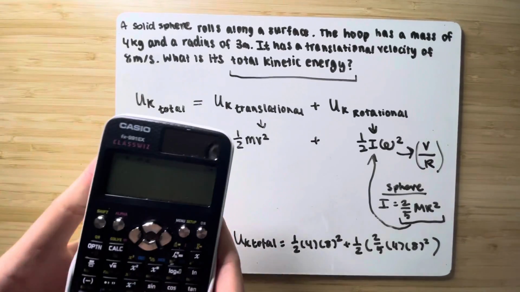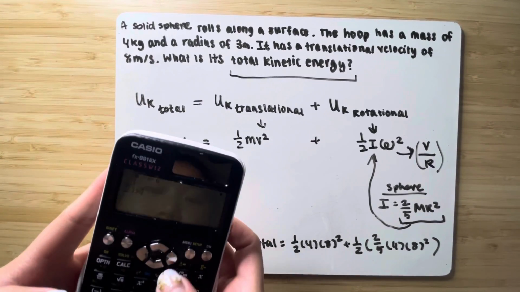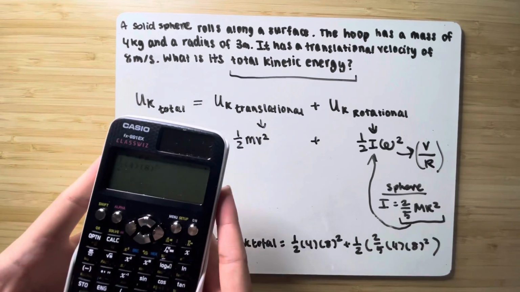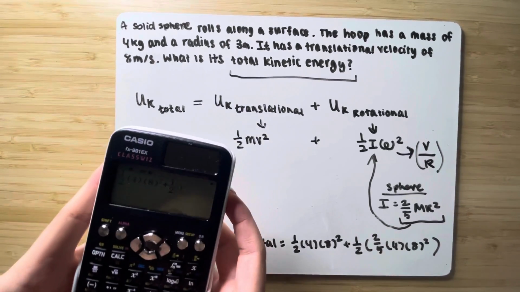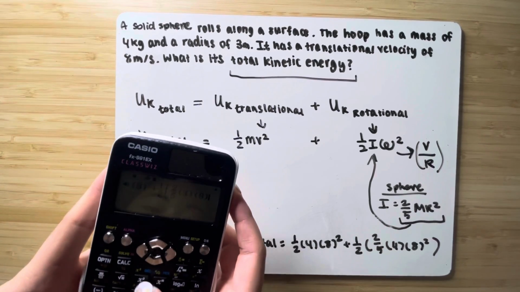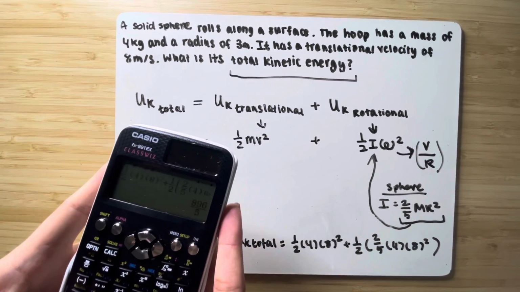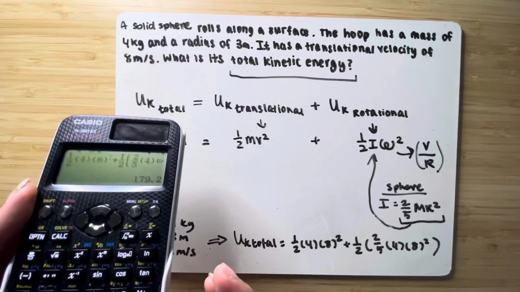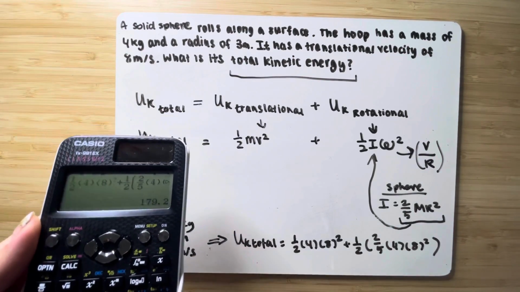So you have 1/2 times 4 times 8 squared plus 1/2 times 2/5 times 4 times 8 squared. You get around 179.2,